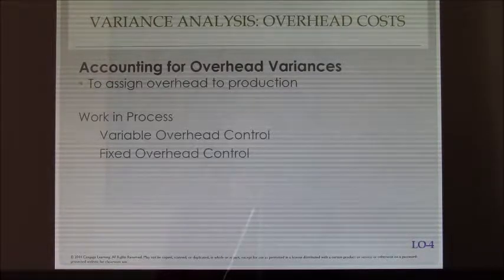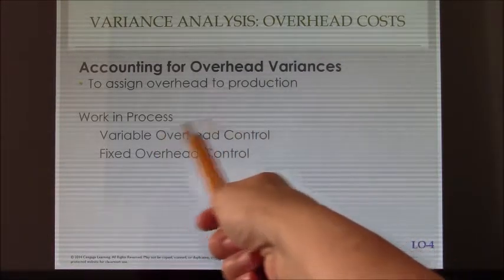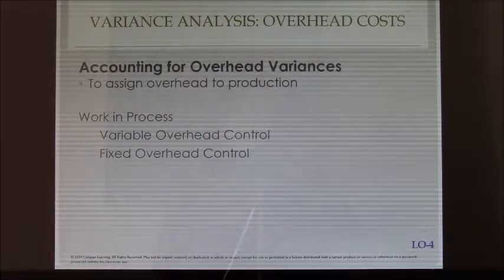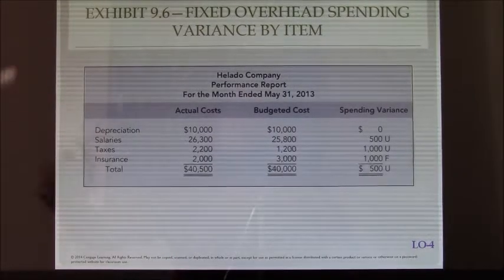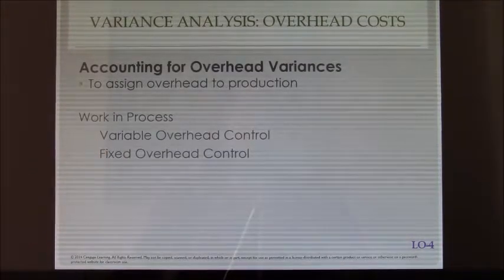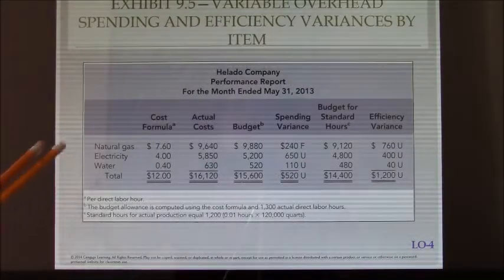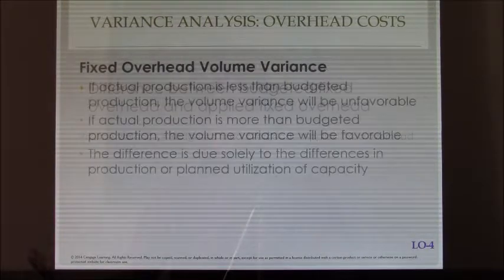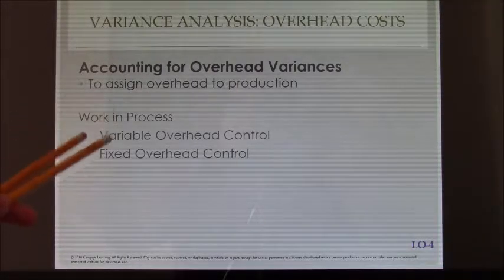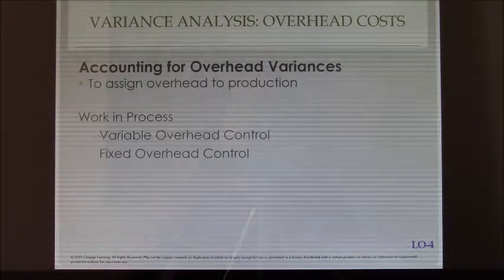So remember, overhead is really not just one account, right? There is one control account for variable and one control account for fixed. But in reality, if you recall, fixed here consisted of depreciation, salaries, taxes, and insurance. So there's 4 separate accounts that are going into fixed overhead control. And variable, I think they had electricity, gas, electricity, and water. So they had 3 accounts, right? So there's 3 accounts going into overhead control, and then to move from overhead control into our work in process inventory,